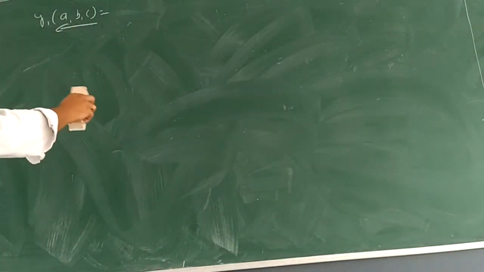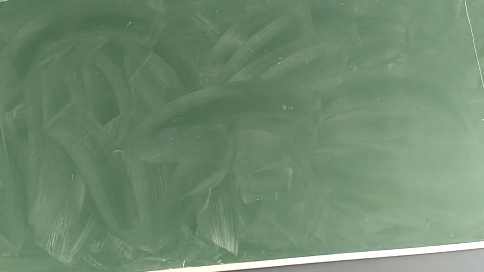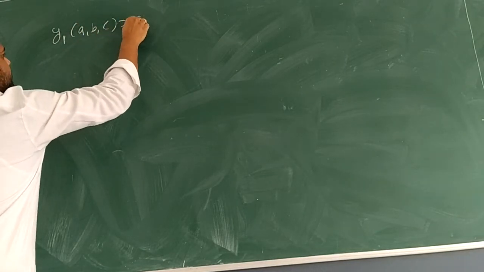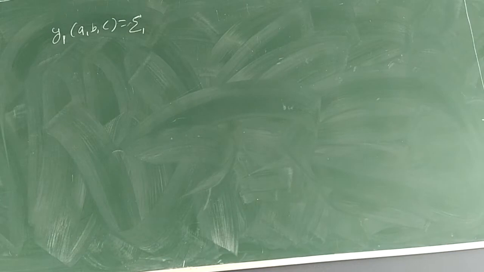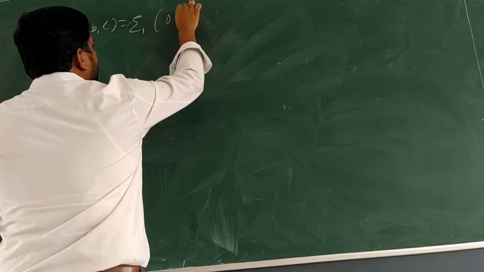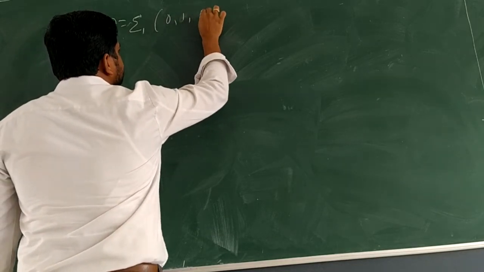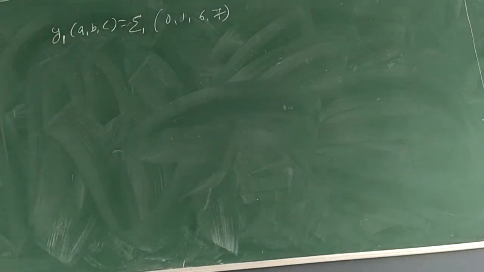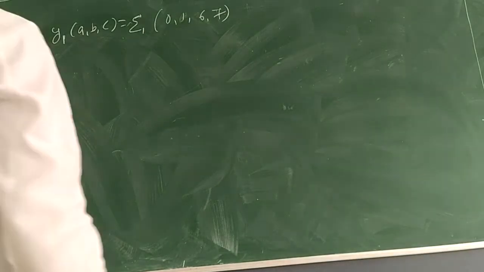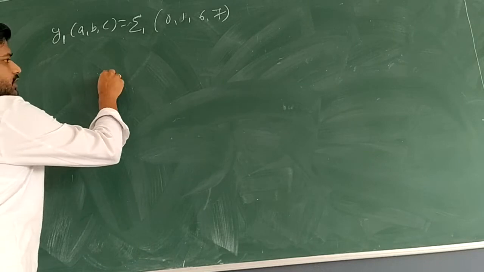Okay, fine now. Let's take simple problems on 3 variable K-map. Y1 is a function of 3 variables. Can you read the meaning of the summation? It is high for 0, 1, 6 and 7. Okay, 0, 1, 6 and 7. I took a very small problem. Okay, fine. Let's write the layout of the K map.